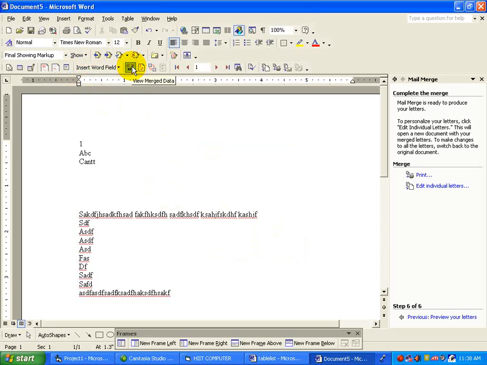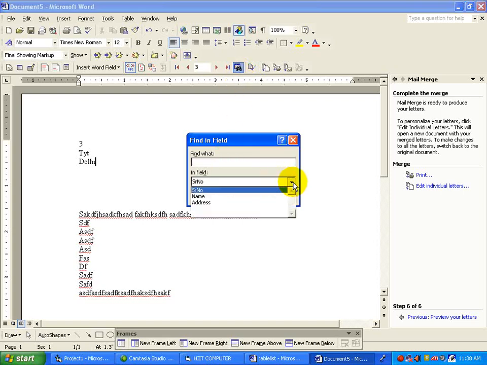If you press once again, you will get the values inside that field. To move the records, just click on this, next record, previous. To jump directly to the last record, last, and this is the first record. To search any of the text, just click on find entry, suppose name, enter the name here, find what, ABC, find first. Yes, see, the current record is being displayed.